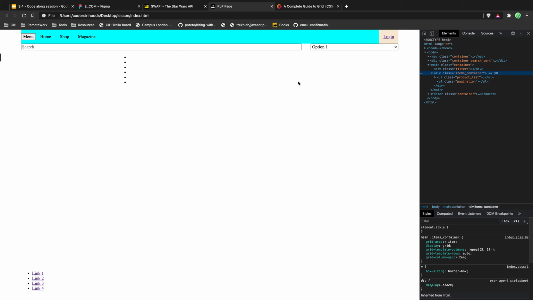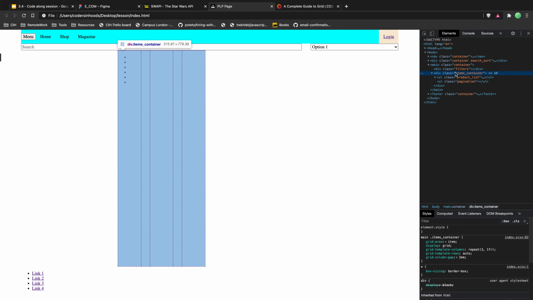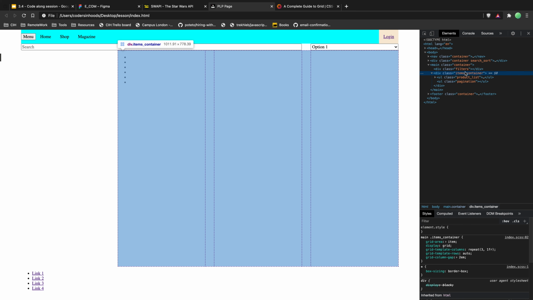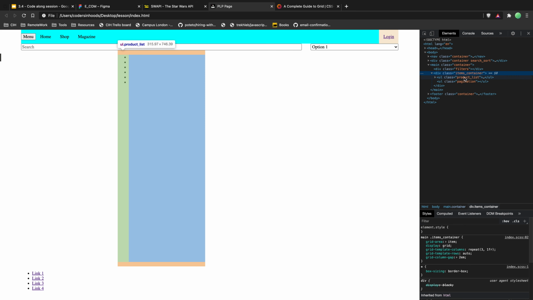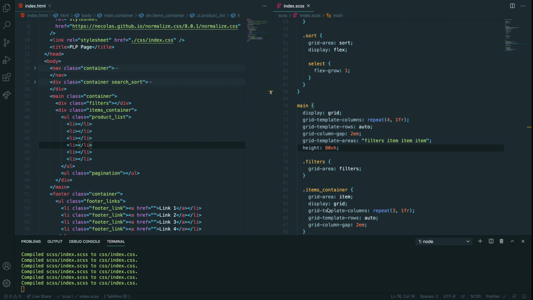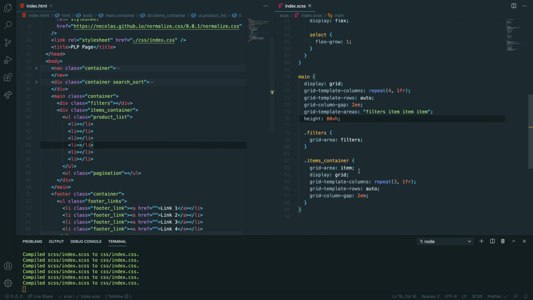Okay, so let me think about that. How do you want to handle this? It's nice though that it can be fitted. Wait a second. If I each element, so we have 3 columns, so it might work, but why does this take only the items container? Right, so we put in the wrong thing, so that might actually work. So it's not a container item, but product list. So dot product list,